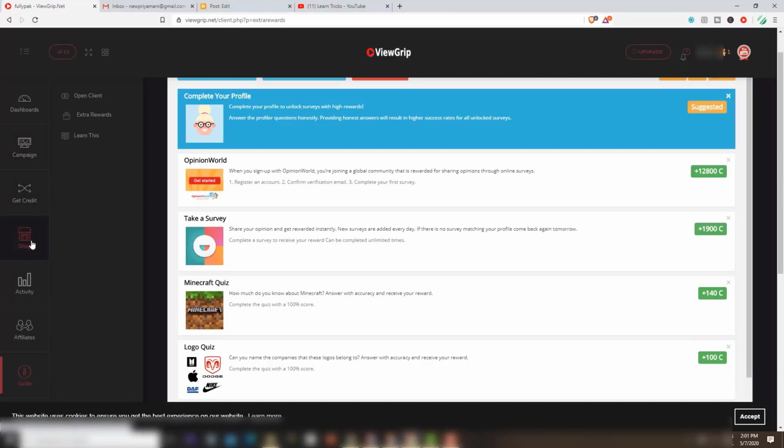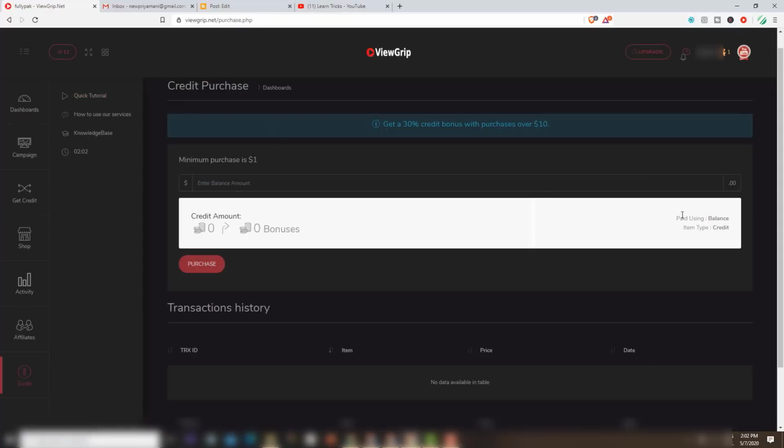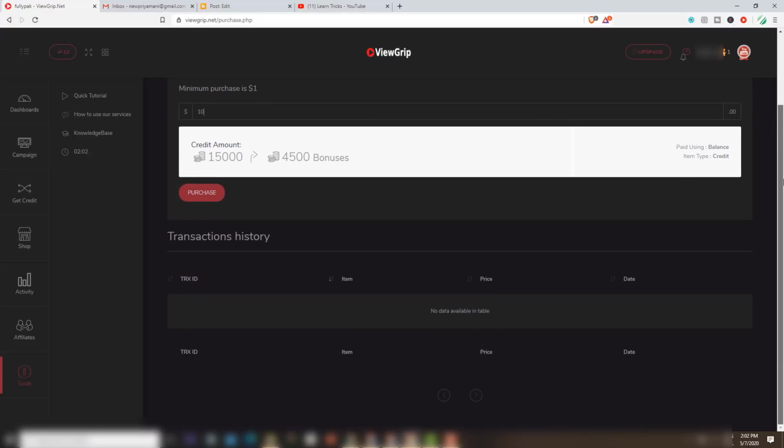And then the last one is another option, shop. Suppose you don't have time to get points manually by yourself, then you can actually buy the points, buy credits from them. Currently I think each time they have a different proportion, but as of now they have a promotion like 30% extra bonus if you purchase over $10. Suppose you enter $10 here, you will get around 15,000 points and then 4,500 bonus points. I did not purchase it, but if you want faster quality views or some quality likes,